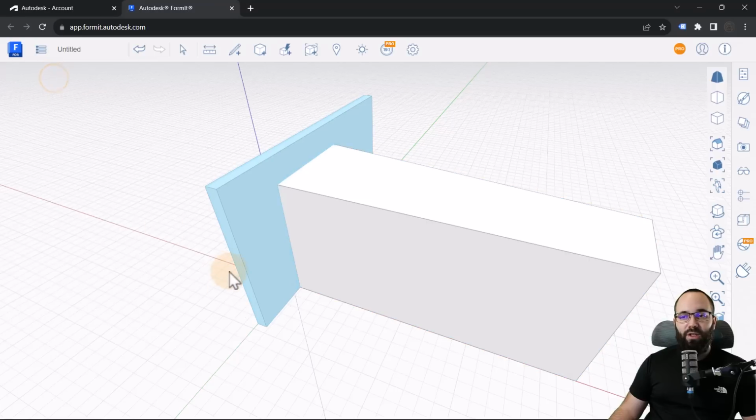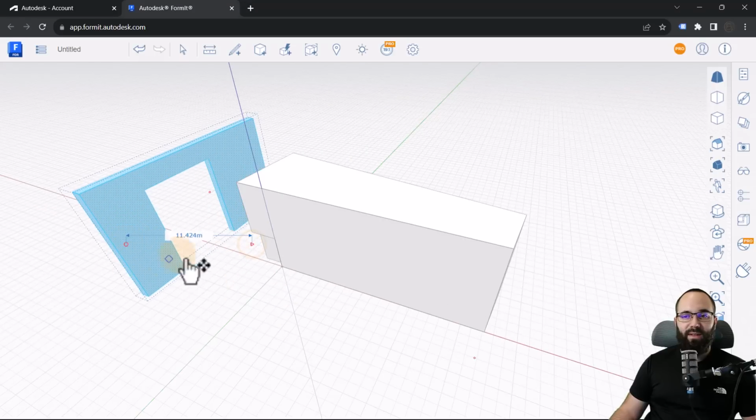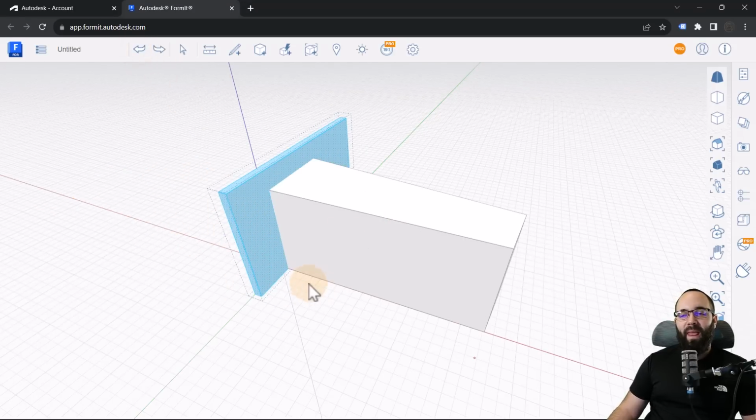And then when I hit finish, it's done. So now if I select this and if I move it, as you can see, it has that opening. Okay, anyways, let's now go back. The reason why I did this is I can now have these lines here where I can easily host additional lines on. So let's go back to the line tool and just this one, start from the bottom, go up